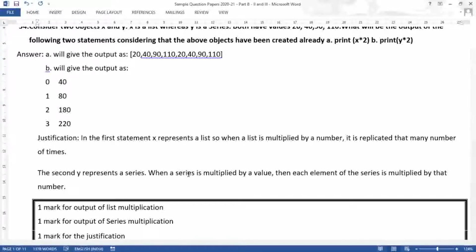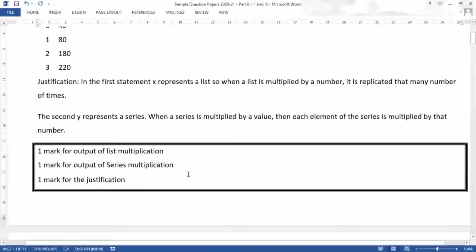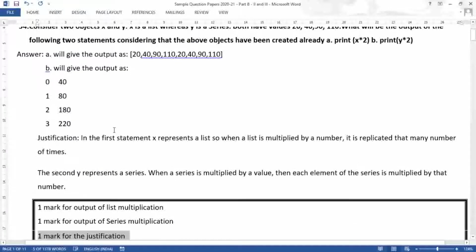So that is the major difference between list and series. The mark distribution is something like this: 1 mark for output of list multiplication, 1 mark for output of series multiplication, and 1 mark for justification. You can write the justification in your own words. The output will be exact.